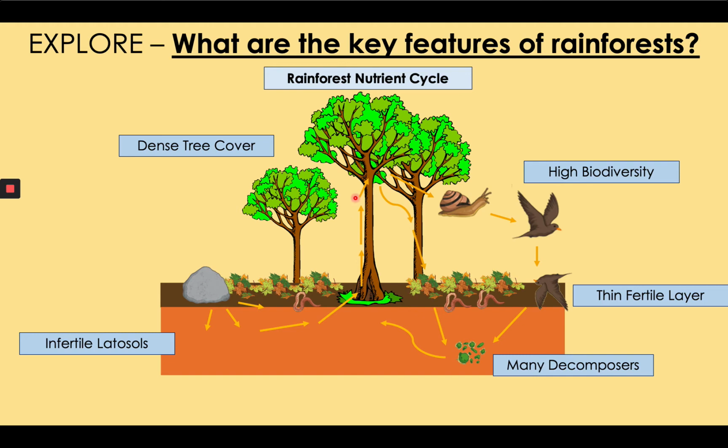Additionally, because of the heavy, regular rainfall in rainforests, the nutrients in the soil are constantly being washed away if they're not being absorbed by the trees, often going into rivers. This process in which nutrients are washed out of the soil by rain is called soil leaching. The effect of nutrients being absorbed by trees and being washed away, leached by rainwater, is that the soil is infertile